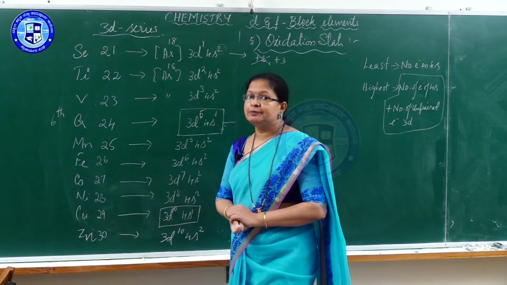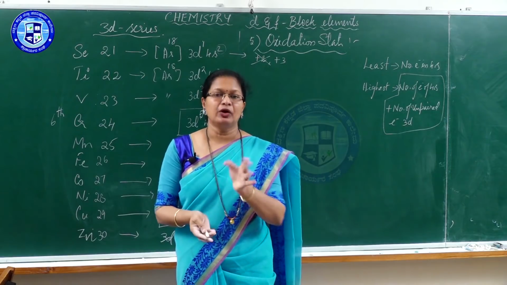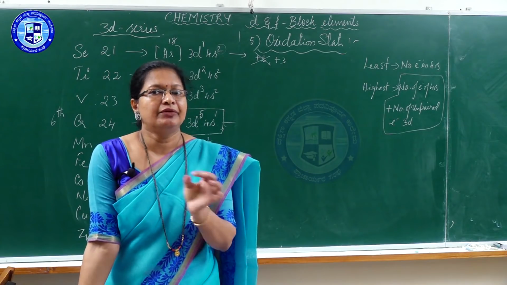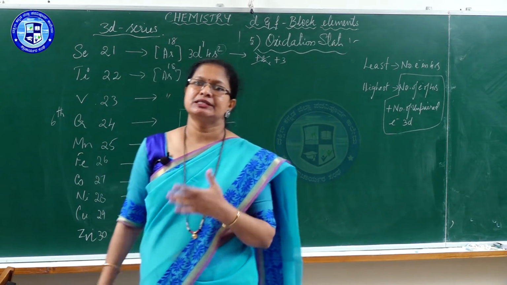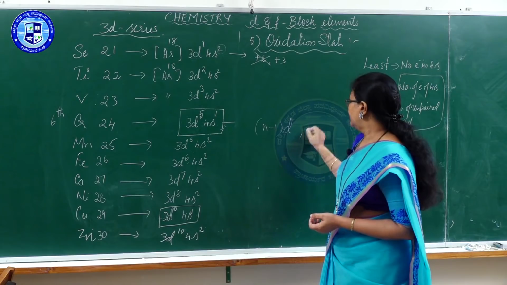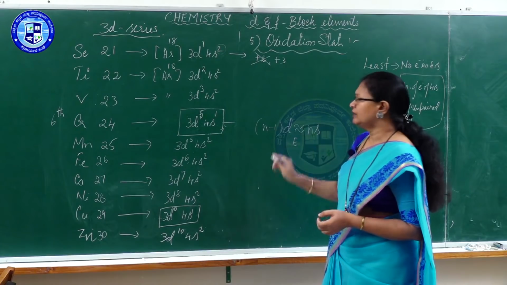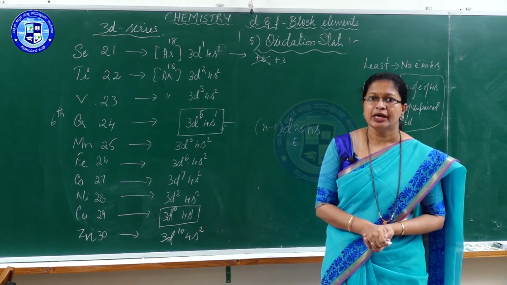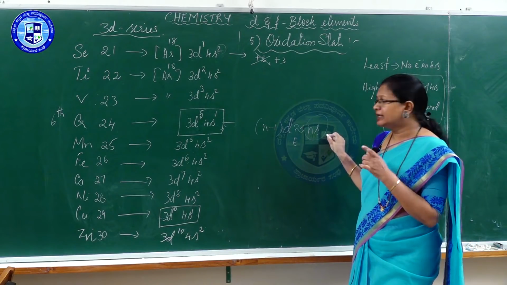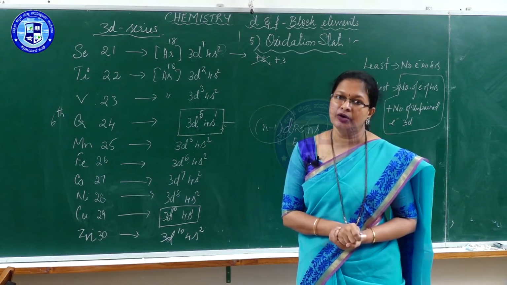Usually these elements exhibit variable oxidation state. This is one of the main features of 3d block elements or d block elements. Variable in the sense they have different oxidation states. What is the cause for this? The cause is that the n-1 d orbital and ns orbital have almost nearer energy. Their energy is close to each other. Therefore, if some electrons can be lost from the s orbital, with somewhat similar energy electrons can be lost even from the d orbital, that is the n-1 d orbital, during bond formation.